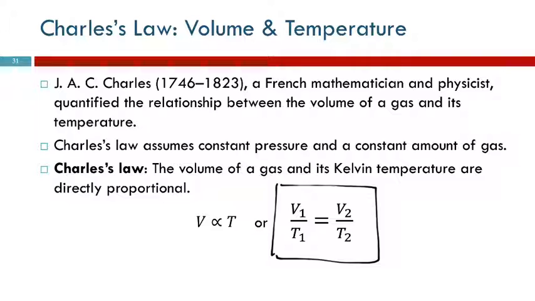There's a problem. What if you had a negative temperature? What if one of these temperatures was negative? In order for this equality to hold, then one of the volumes would have to be negative. Can you have negative volume? No. You have to use the Kelvin temperature scale for gases. It's one of the most common mistakes students make, is they use Celsius. It doesn't work for Celsius. Got to use Kelvin.